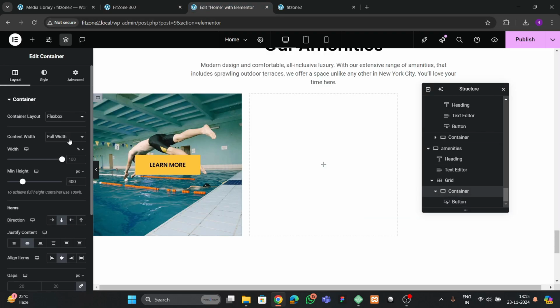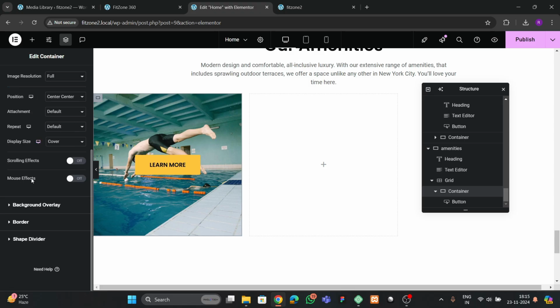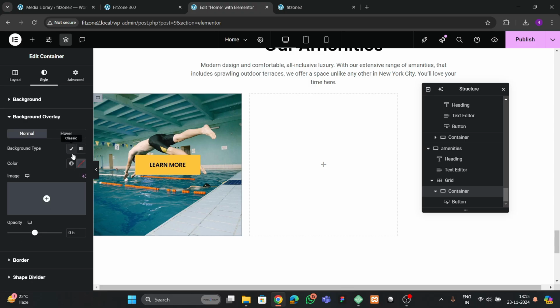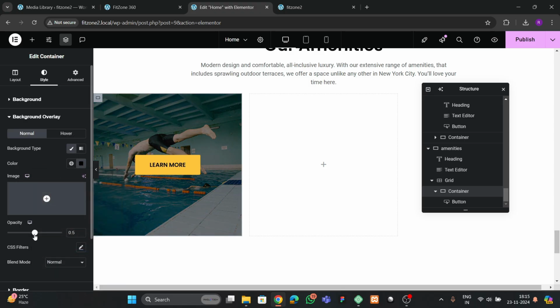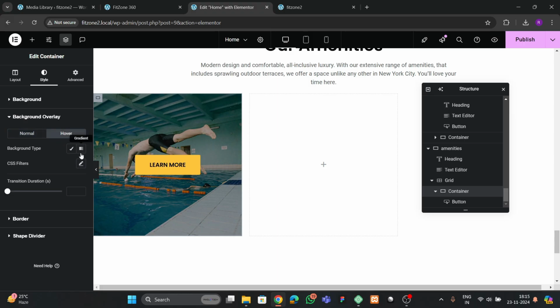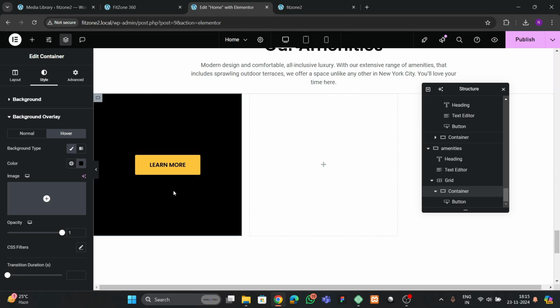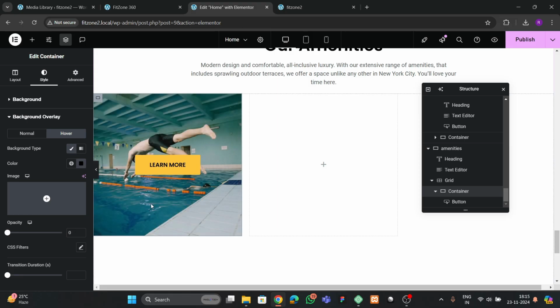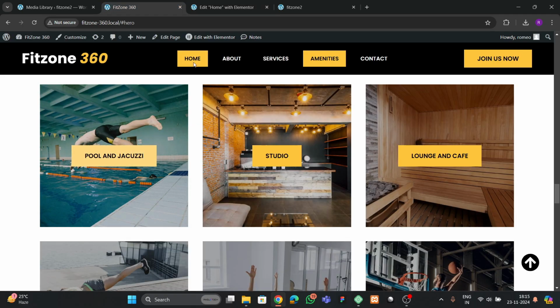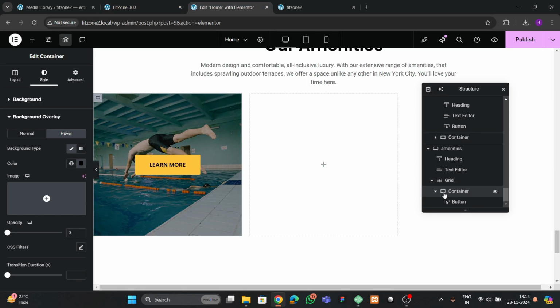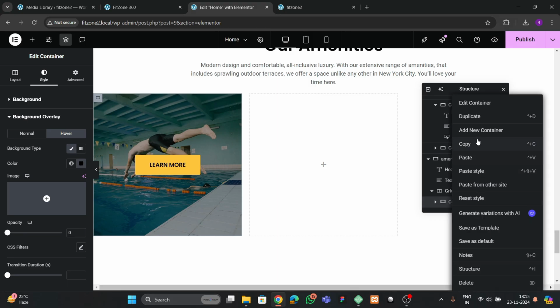So we have to click on this container, go to styles, and in the background overlay we have to put a dark color here. The opacity will be something like this, and here we can put this, and the opacity will be full 0 like this. Now here you have to just write the name of that. So let me go here, and here we're gonna just duplicate this,